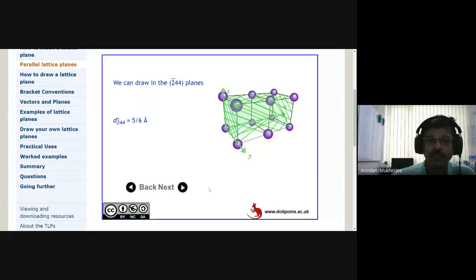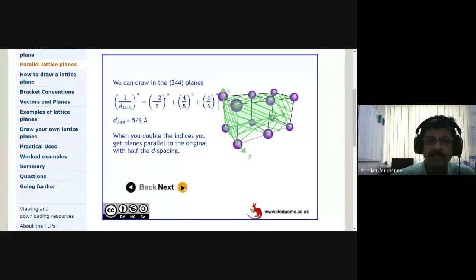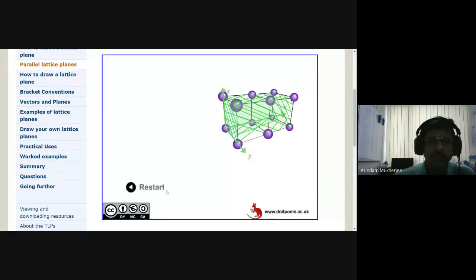The more you solve this, you realize that these are very simple things which give you a very powerful set of information. That is why Miller indices are loved by people so much. It is accepted even for engineering purposes and everywhere in software, it is easy to input. So that is why this is so nice. So now we know that we can make these planes and we can also index them. So now let us see.